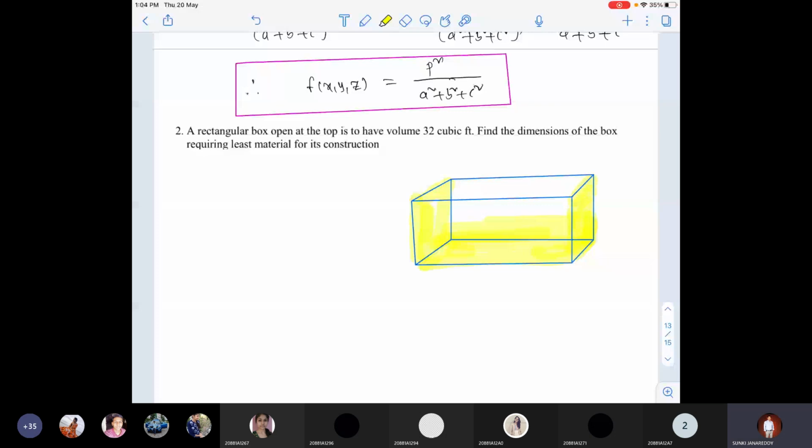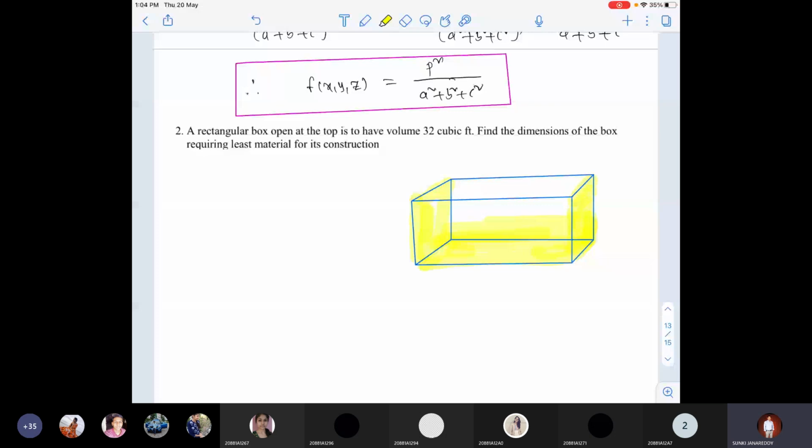Okay, Nana, you observe here. What is the given problem here? A rectangular box open at the top is to have volume 32 cubic feet. Find the dimensions of the box requiring least material for its construction. Now here you can observe